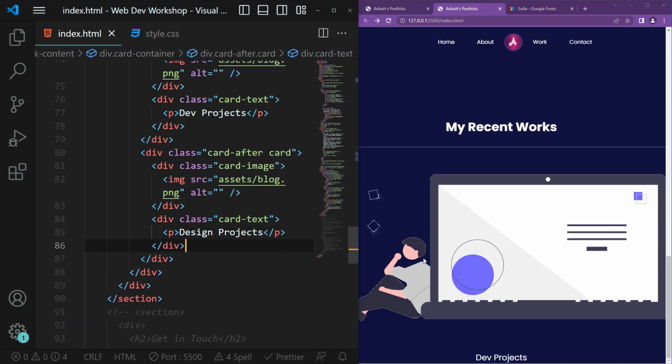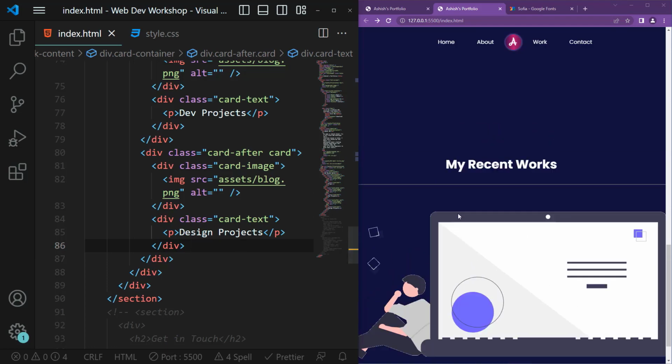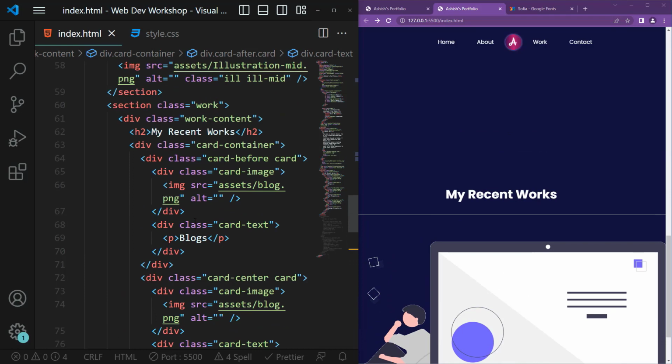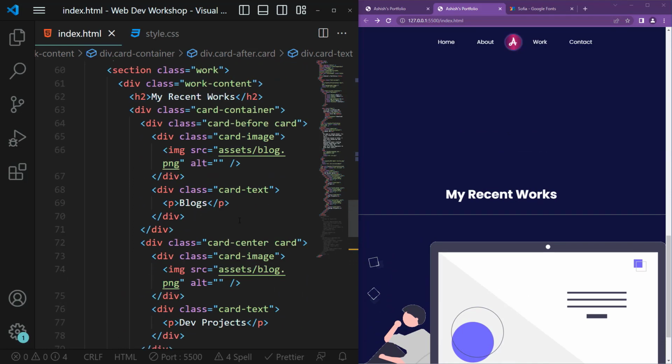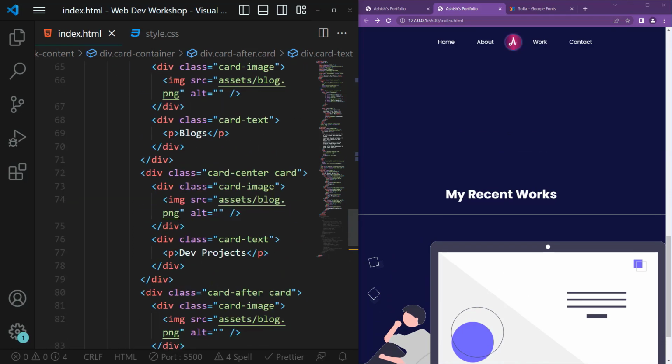Like this. Now, right now we can only see the card with dev projects. Don't worry, we'll fix that in a second. So let's change the images as well. So instead of blog.png, this should be